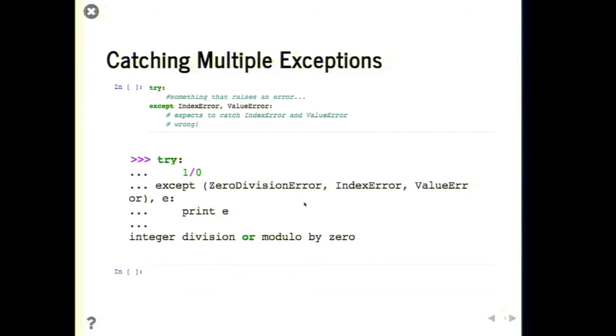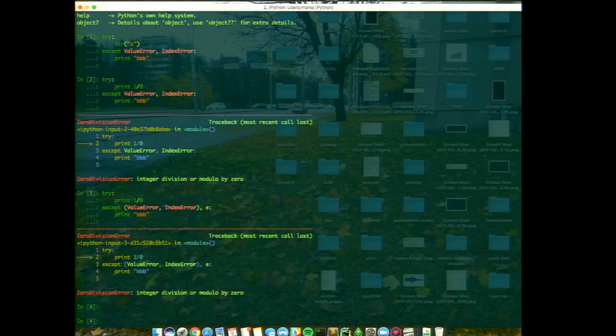So in this case, if you want to handle a lot of errors, you need to create a tuple of those exceptions as the first parameter, and then you have to do something like this. So you can now have as many errors as you want, and you can change the function.